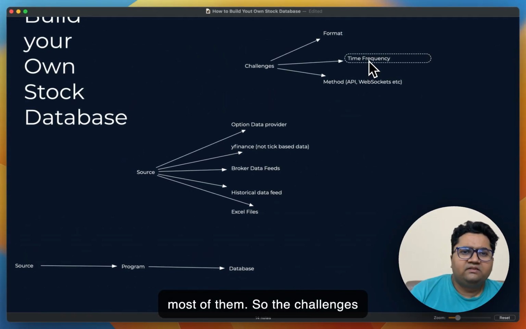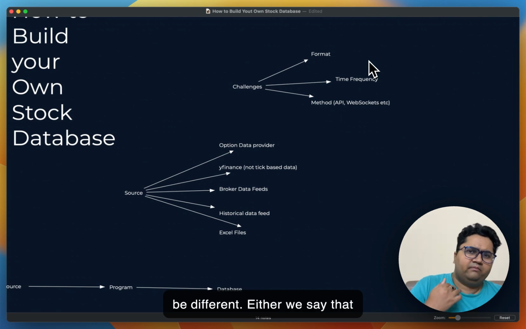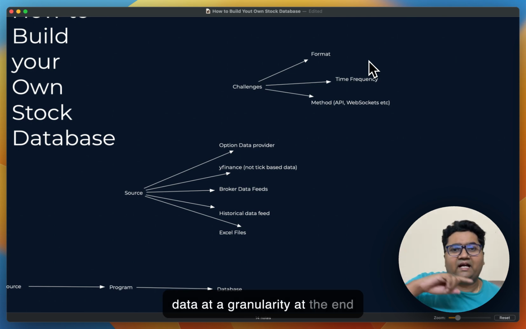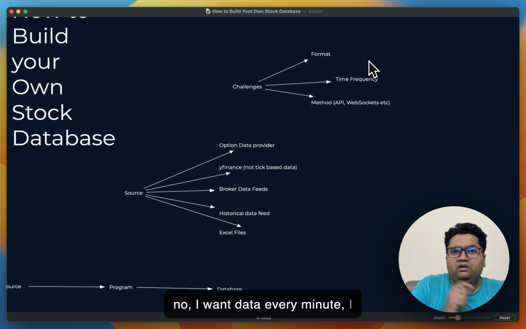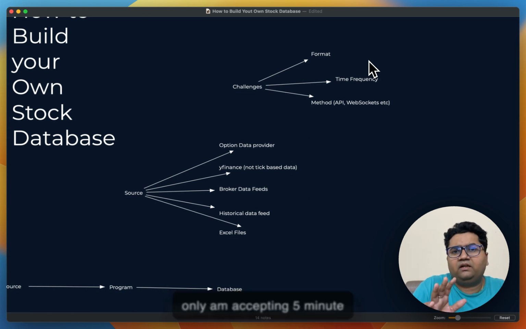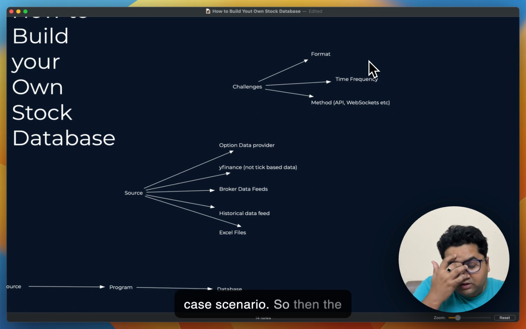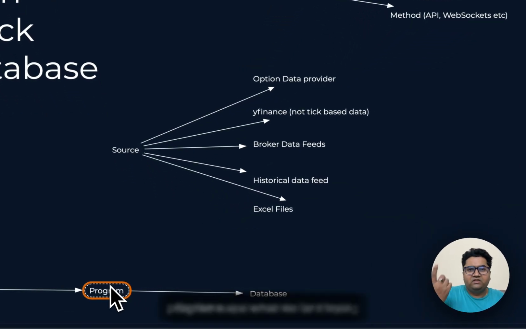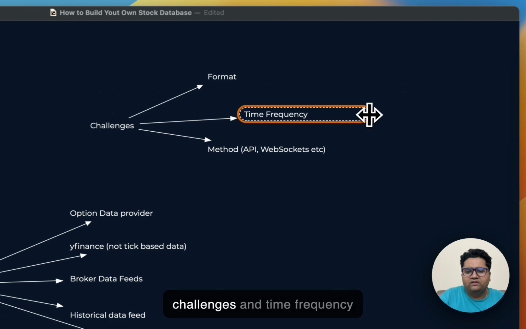So the challenge is time frequency, as to what frequency of data do we need, and approaches can be different, right? Either we say give me all the data at a granularity at end of the day, or somebody will say no, I want data every minute. I only am accepting 5-minute latency in my system overall, or 15-minute latency in the worst case scenario. So then the system has to run accordingly. So the requirements for these programs are what we are trying to talk about. So one is these challenges, and time frequency can be thought of